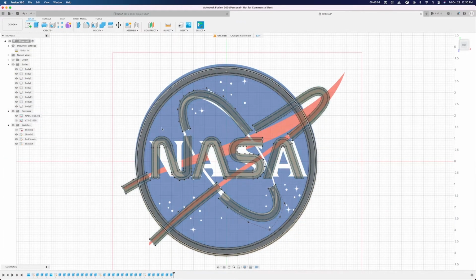Okay, so I finalized the process of putting everything together. These are the four main components. We have the outside circle, we have the actual inside piece here, the white streak inside, we have the red streak that goes outside, and we have the actual letters here. Now, as you can see here, if we were to drop down the menu for bodies, you'll see we have a bunch of different pieces, all kind of just separated from each other,